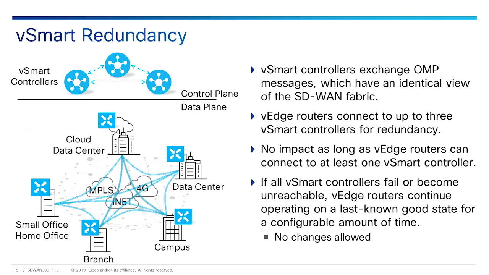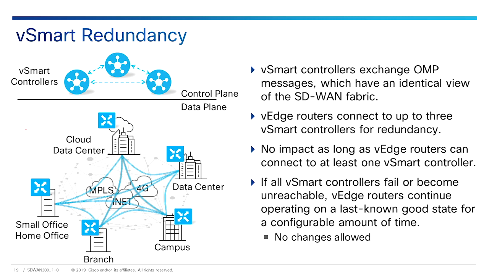vSmart redundancy. It doesn't require any particular configuration except affinity to regions if multiple regions are required. Each vSmart is going to have the same view of the fabric, and synchronization between them is also automatic. A vEdge connects to a maximum of 3 vSmart controllers. It's recommended that the vEdge connect to at least 2 vSmart controllers. A single vSmart connection is sufficient for full configuration, but remember,